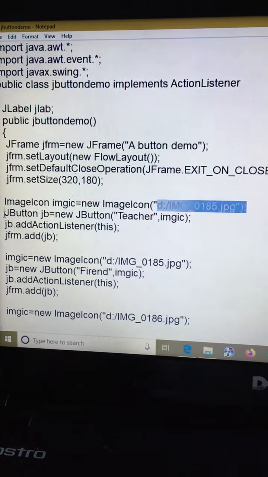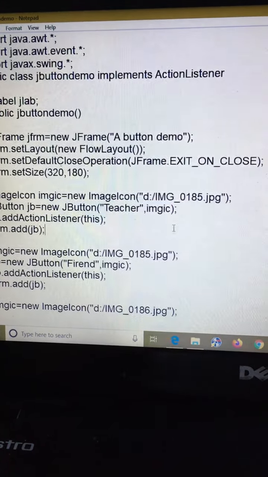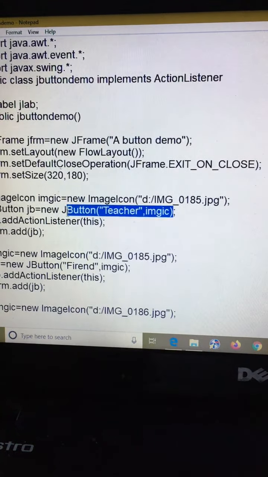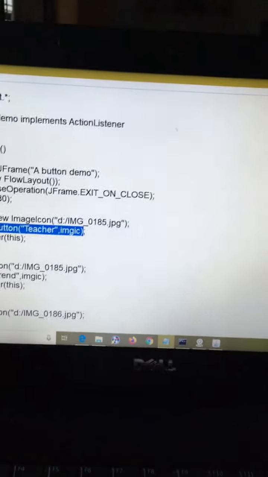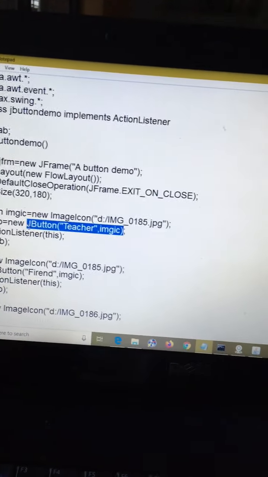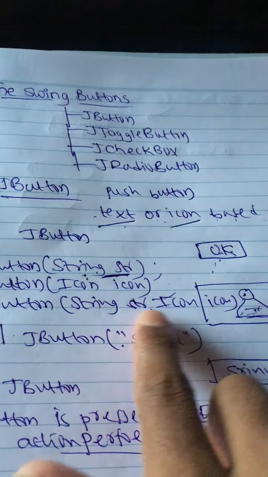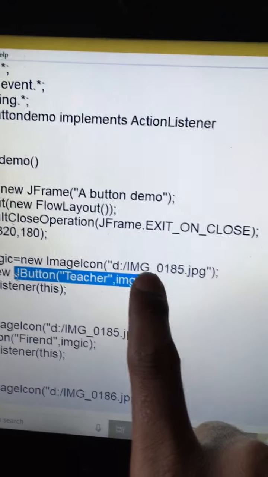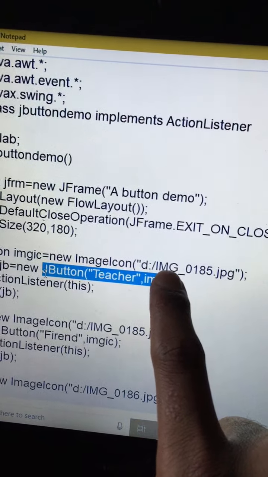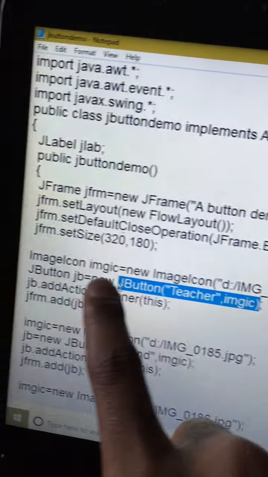So JButton, we are creating a button here. This is the JButton constructor. We have already discussed JButton constructors here: JButton with a string and an icon. This is the string and this is the icon. The icon will be stored in imgic.